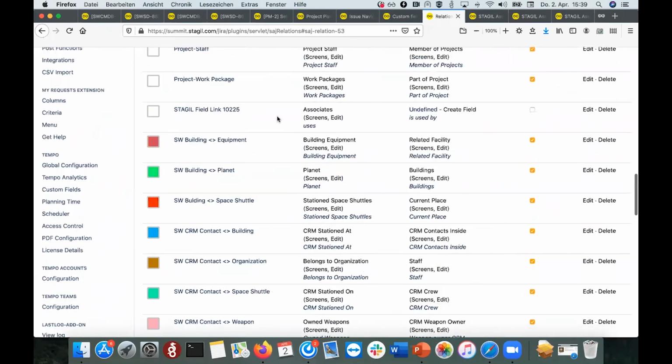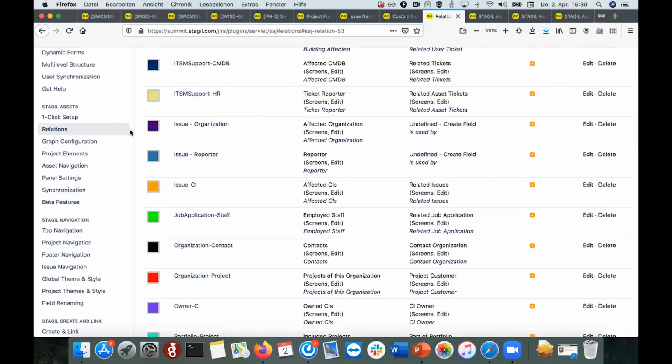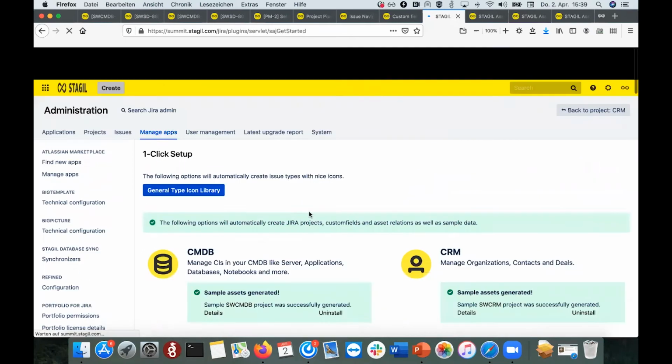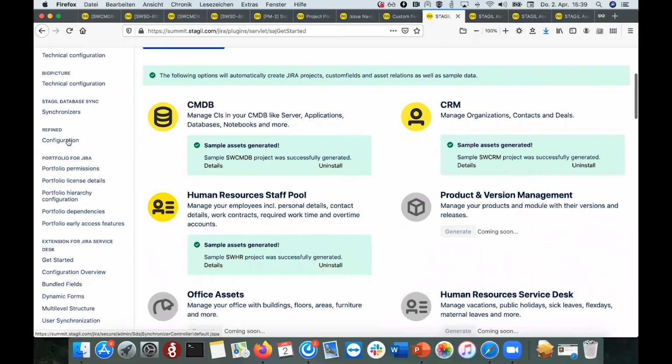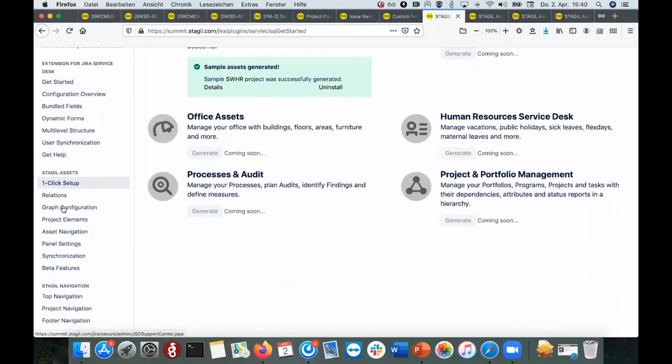What else you can do to also have a lot less configuration effort is that you can use the one-click setup. So for the 3 use cases, CMDB, CRM, and HR, we already defined the quick setup. Which mainly means that you do not need to configure the workflows, the screens, and the relation. It's already done there, so that it's easier to get started there. And what else I want to show you